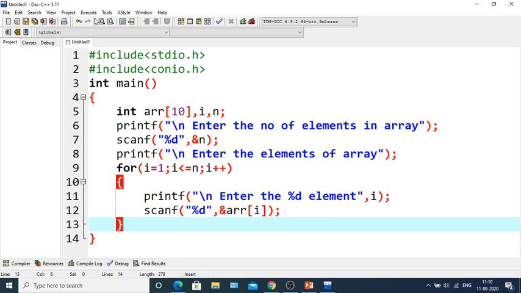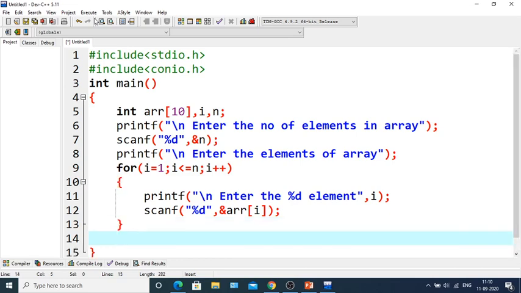Next we will print the values in reverse order. As you can see, the index value of the first element is 1, the second one is 2. Suppose we are taking 5 elements in the array. The first element is 1, second is 2, third is 3, next 4, 5.